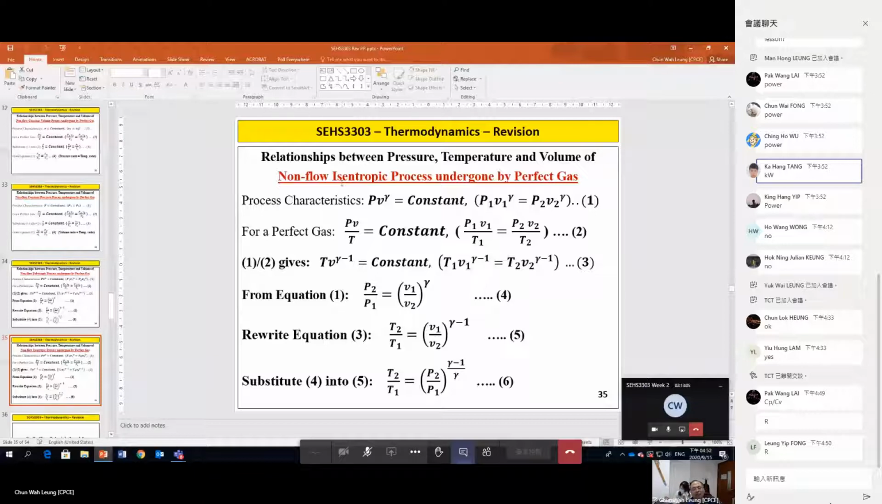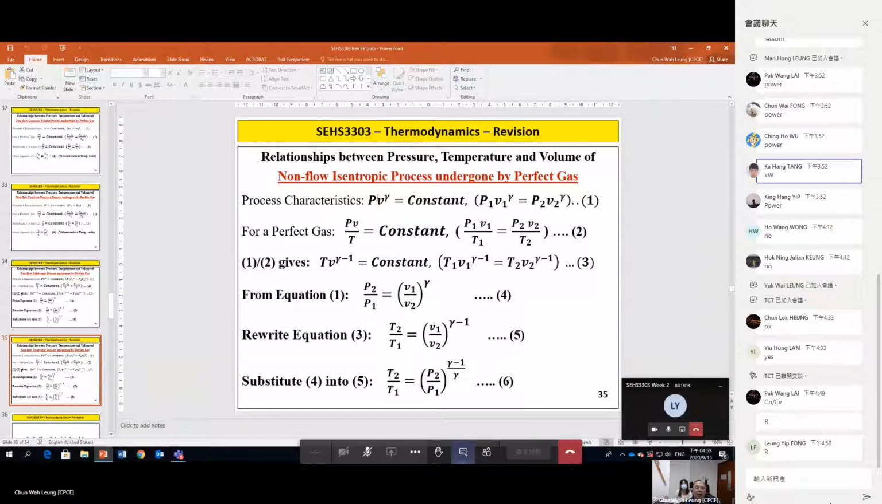The second equation always works, because it is a perfect gas, so the second equation comes from the gas law: PV over T equals constant. Always remember these two equations will help you in a non-flow process working with a gas. The first one changes depending on what the process is. The second one is unchanged, because P V over T equals constant applies to the gas. Okay. Therefore, from equation 1,